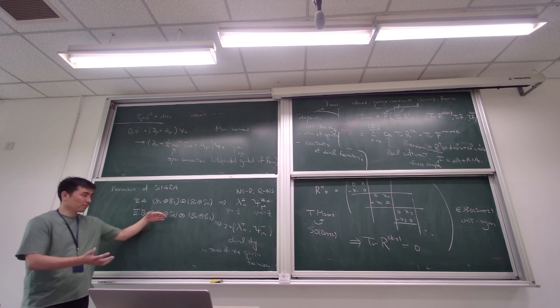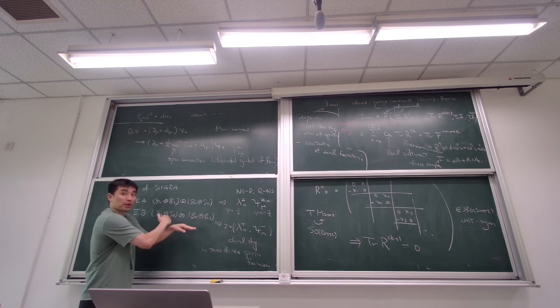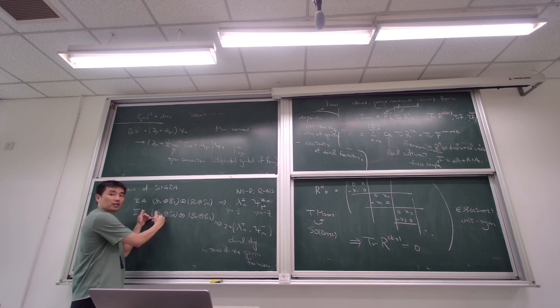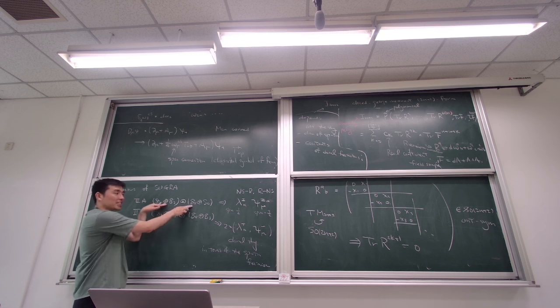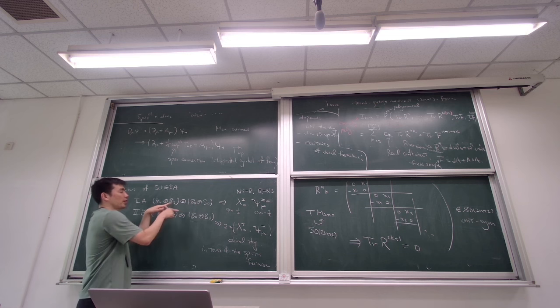Worldsheet viewpoint: left-moving, holomorphic sector, and right-moving, anti-holomorphic. If you swap them, it's invariant. From the worldsheet viewpoint, this is non-chiral. This is chiral, because if you swap holomorphic and anti-holomorphic, S and C,